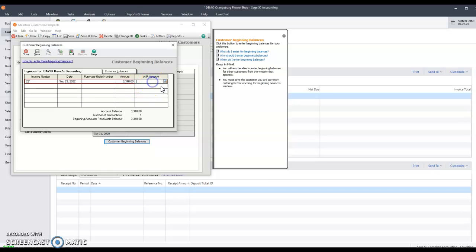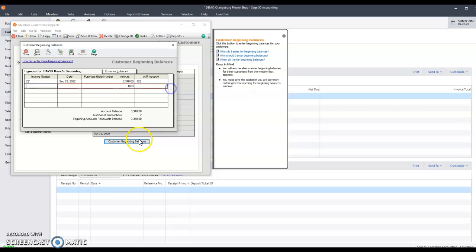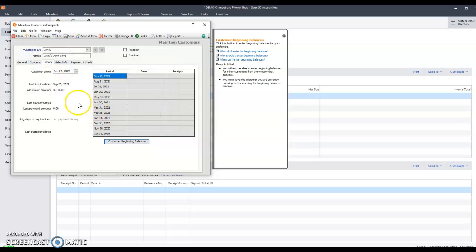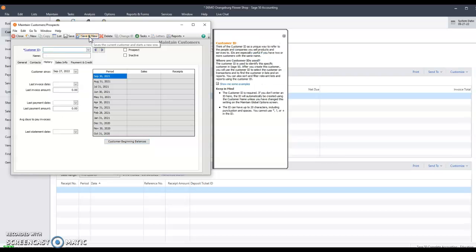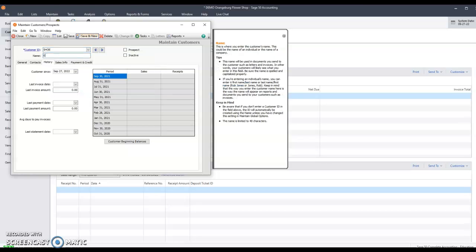and the amount is $33.40. And which account are we going to use for accounts receivable? Well, we only have one, okay? And we say save and close. Okay, we now have everything in for David, so we'll say save and new. Next one is Elizabeth Shoemaker. Put in shoe. Yes, Elizabeth Shoemaker. Okay,